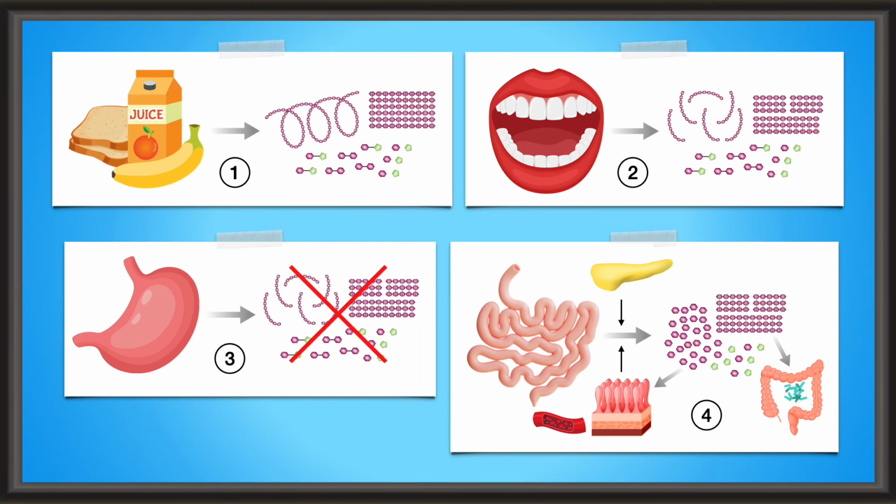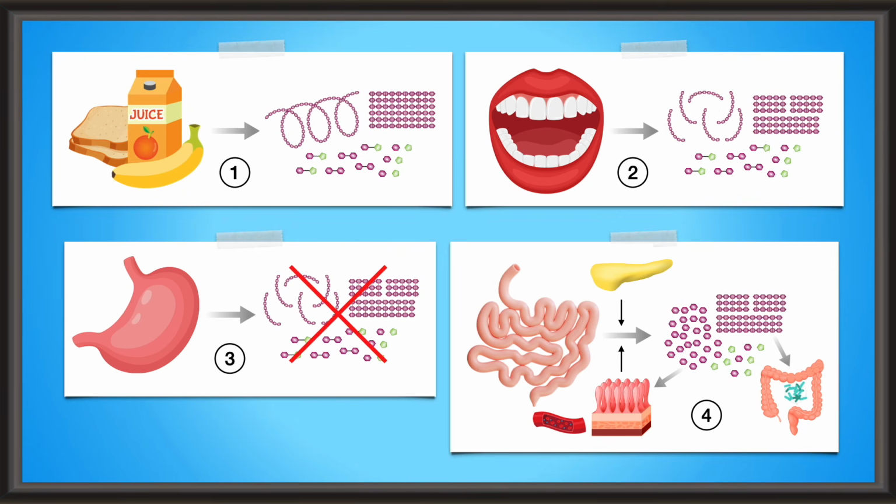First, the process begins with eating carbohydrate-rich foods that contain monosaccharides, disaccharides, starch, and fiber. Second, chewing food breaks down some of the starch and fiber, and enzymes in the saliva separate some of the bonds holding glucose molecules together in the starch. Third, carbohydrates pass into the stomach, where no digestion occurs. And fourth, carbohydrates enter the small intestine, where enzymes from the pancreas and intestinal cells reduce starch and disaccharides to